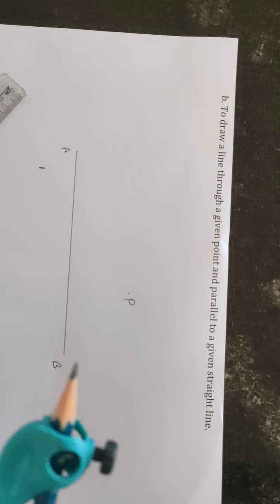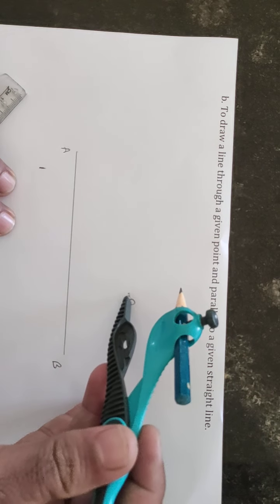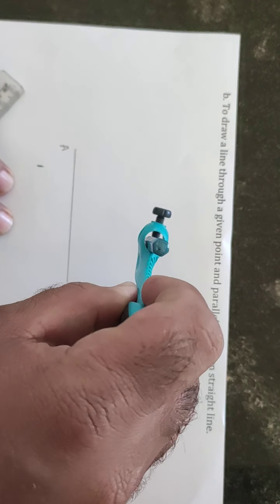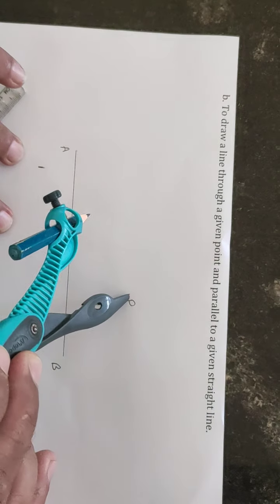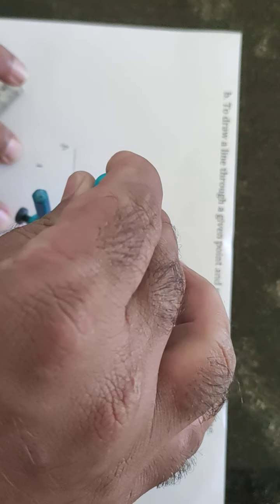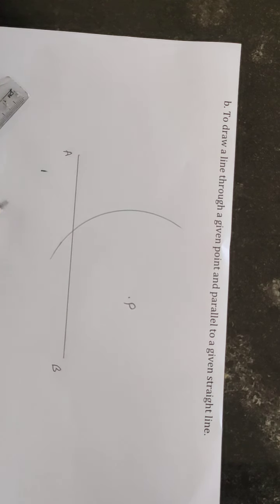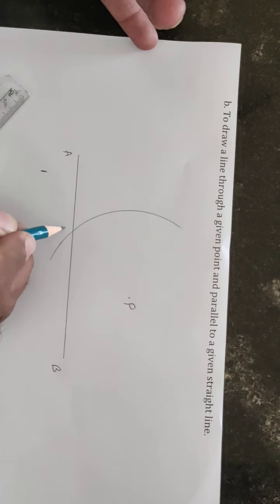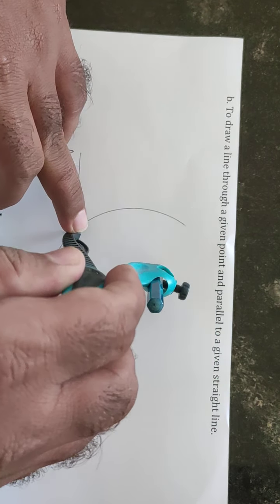Now see the construction. Take a compass, put that compass on point P. See, I have put the compass on point P. Now the next part is take any random radius in that compass and draw an arc which is cutting our previous line AB like this. Now with the same radius in the compass, we got here one point which is cutting the line, the C point. Now with the same distance in a compass, put the compass on point C and draw an arc which is passing through the point P and cutting our previously drawn line like this.